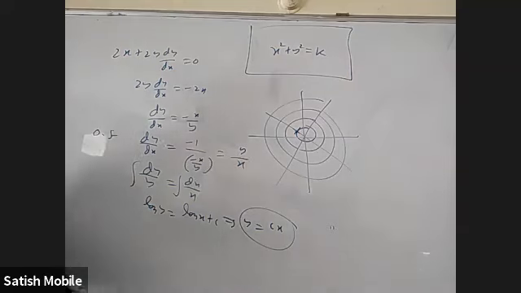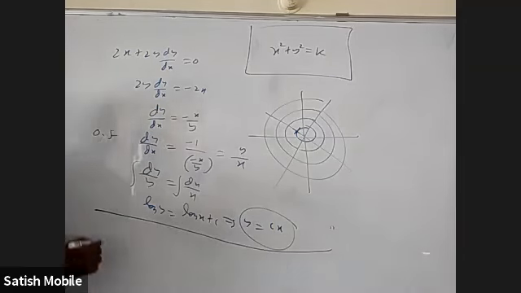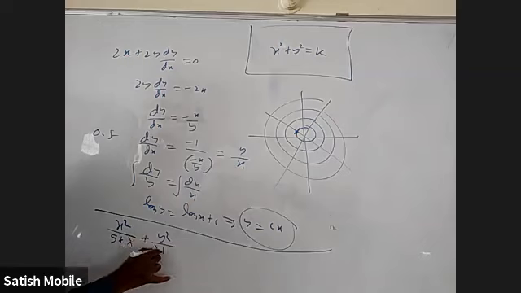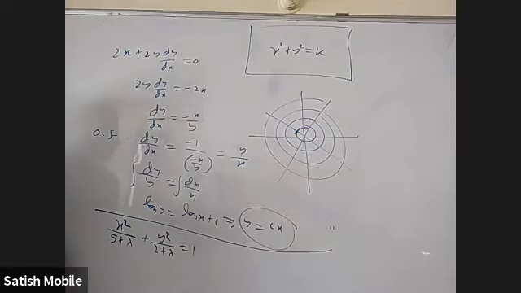Okay. Next, what I'm going to ask is maybe a little more difficult than the previous ones. x square by 5 plus lambda, y square by 2 plus lambda equal to what? This one has only one variable constant, lambda. First of all, try to eliminate lambda and form a differential equation for this. You can only differentiate once, right?